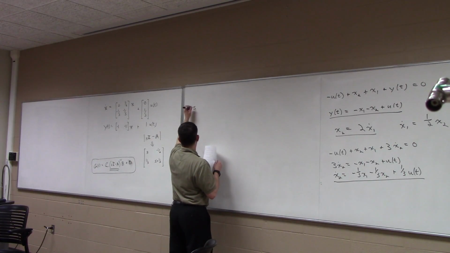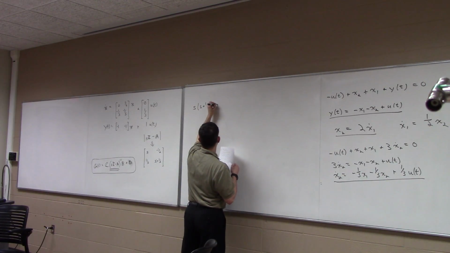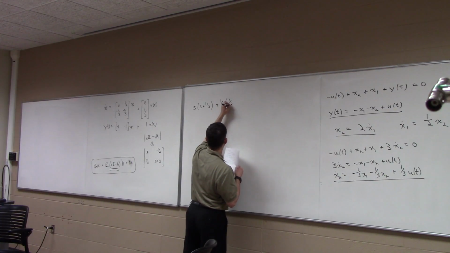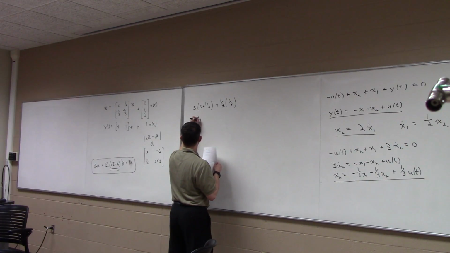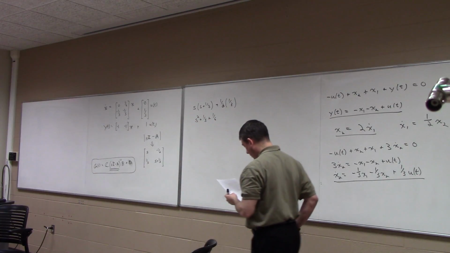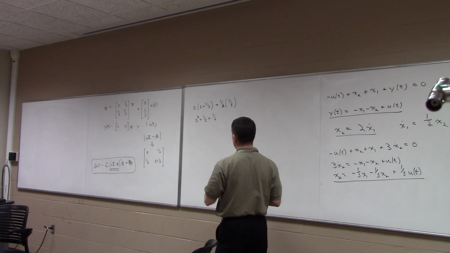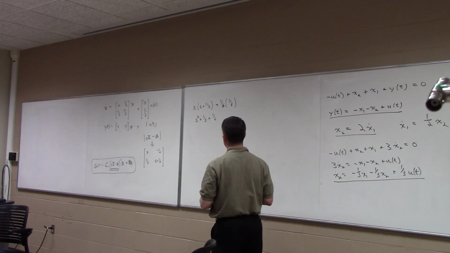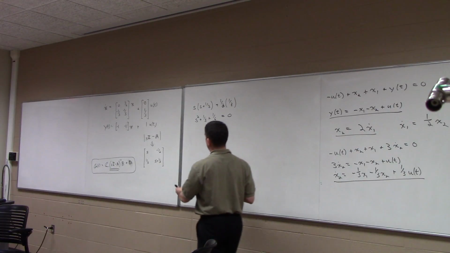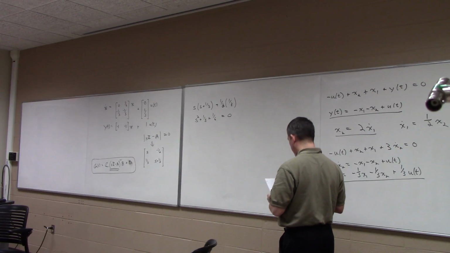So that's s times (s plus a third) minus negative a half times a third. Okay, so in order to figure out the roots of this, because we're going to set the determinant of sI minus A to 0 to find my eigenvalues. That'll tell me where the poles are. So to find the roots of this thing,